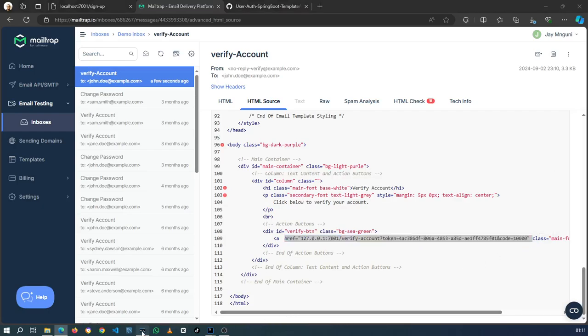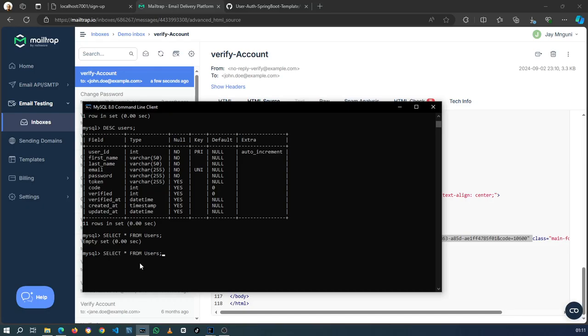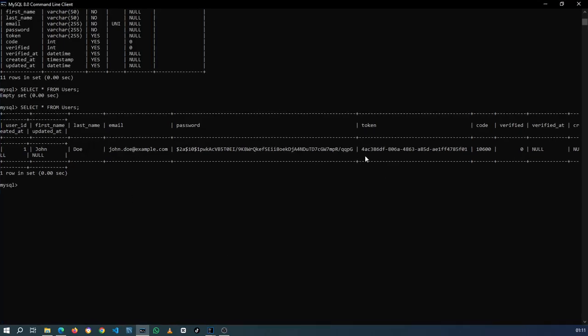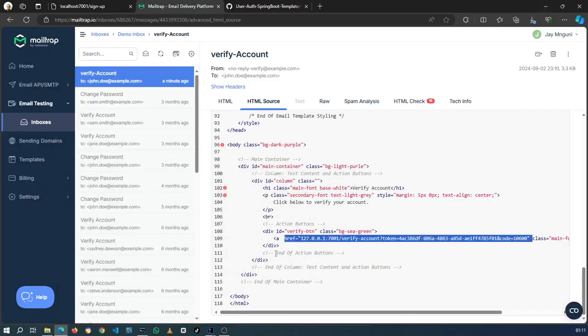Okay, let's check the database. Okay, everything is there. The token is there. As you can see, it's 10,006. That's the token string. Verified is 0, and then verified at nothing. Created at is also null. It's not supposed to be null, but it is. In any case,